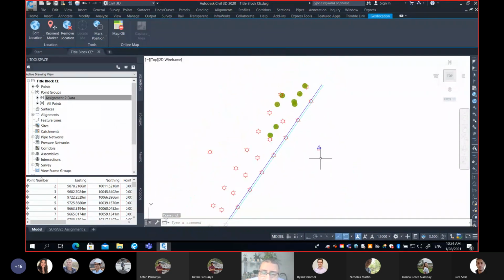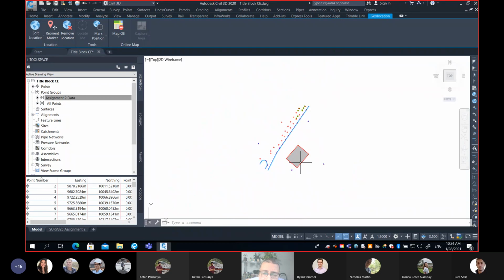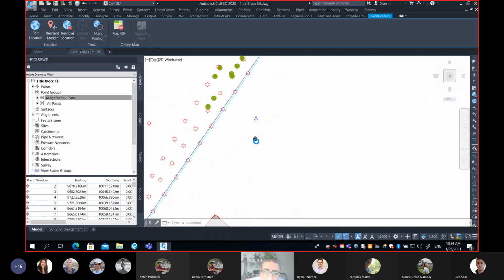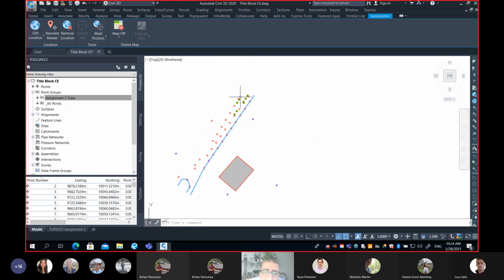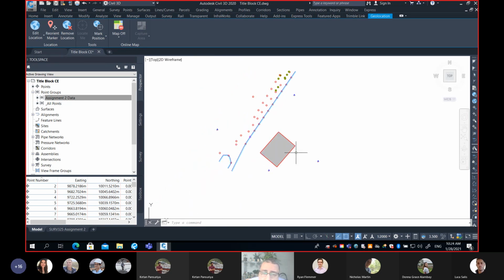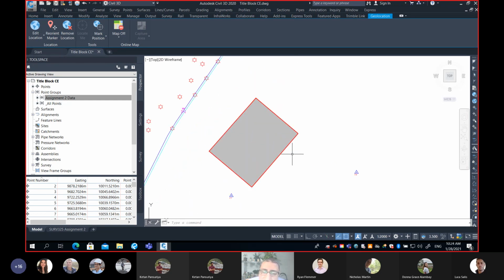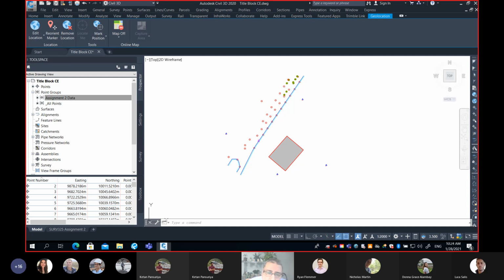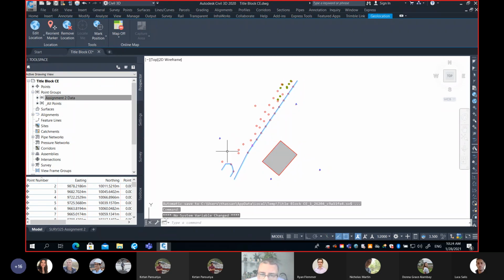And the reason why they are gone and the other points are still there. For example, look at the control point, look at the electrical post, or look at the tree. They are still there. Why are those points gone? Because simply there was no rule for them. So they still follow the global properties of the point group. Okay. Now, let's say that you already finished all the line work,